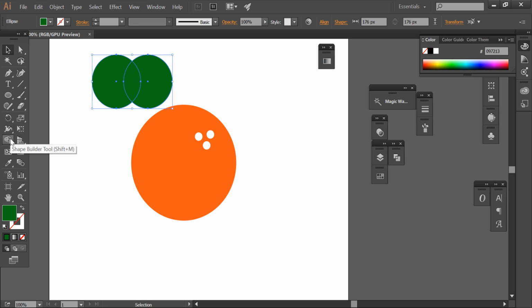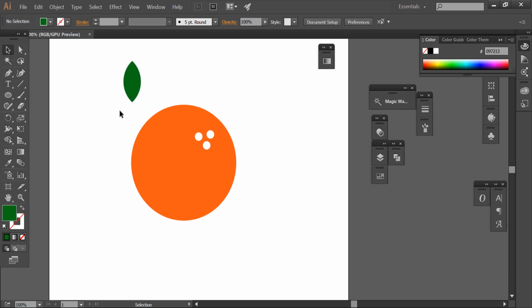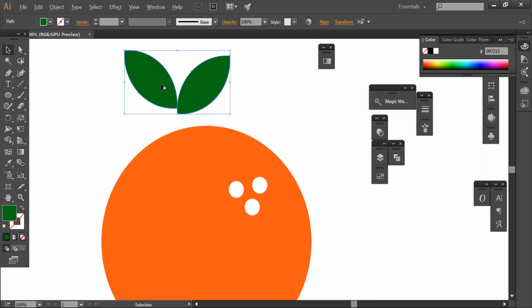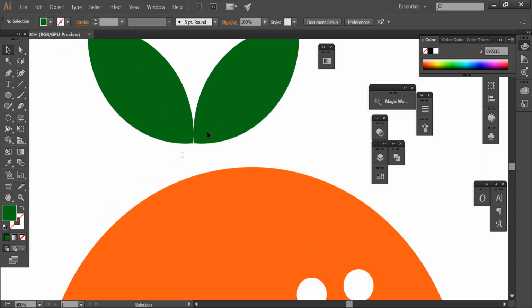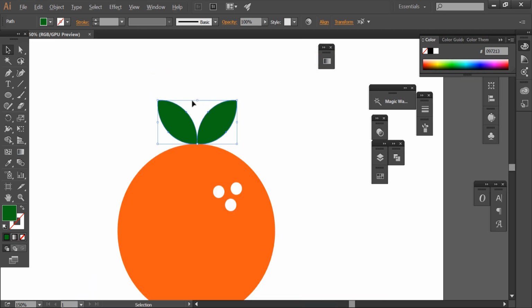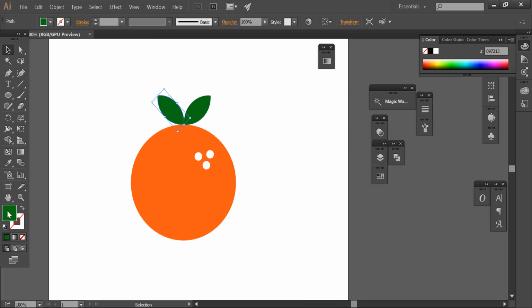Just click on the shape builder tool and hold the Alt key. So you have a minus sign with the selection tool. Just click on that, so it will subtract and leave the leaf. So you have a leaf like this, and you can rotate it 45 degrees, and you can also rotate this one like this here. Select both, and you can drag this down and place it here. You can just change its color to,